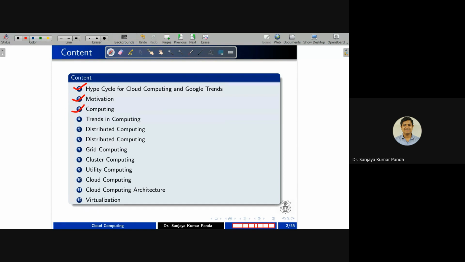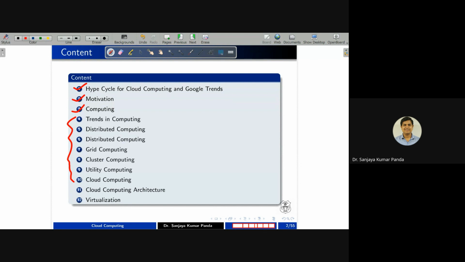So we'll see the background of cloud in the trends of computing. Especially, we are going to see what is parallel computing, what is distributed computing, what is cluster computing, what is grid computing, utility computing, and finally cloud computing. So these are the various trends the entire process has gone through. We'll discuss one technology after another so that you can differentiate one technology from any other technology. So these are the topics that we are going to discuss.